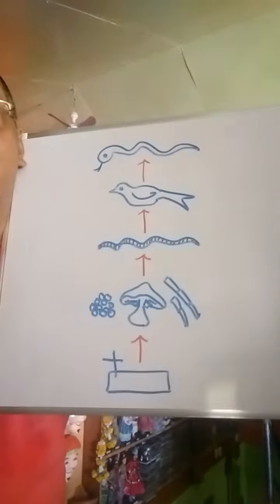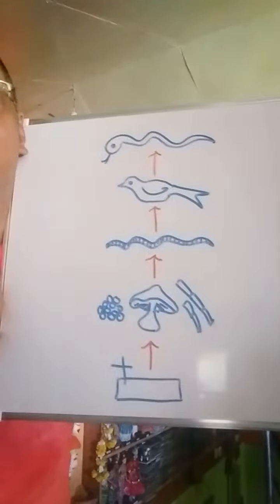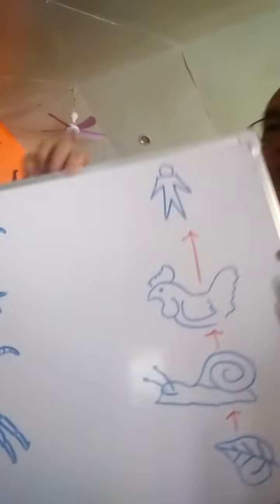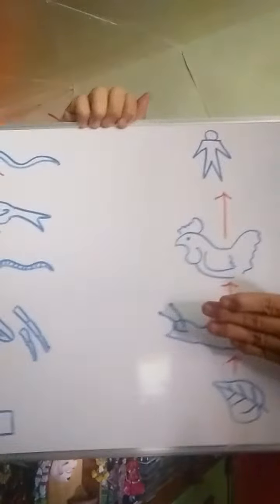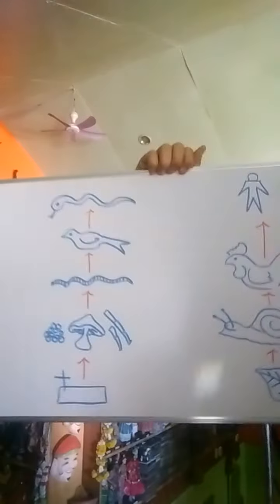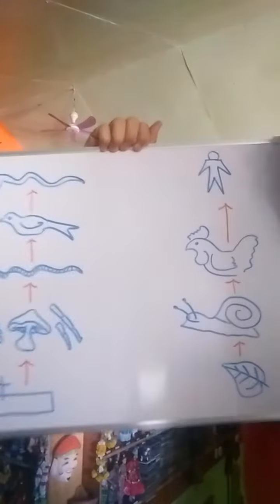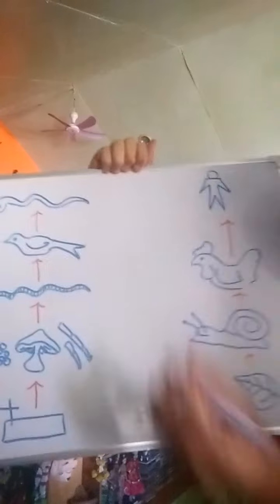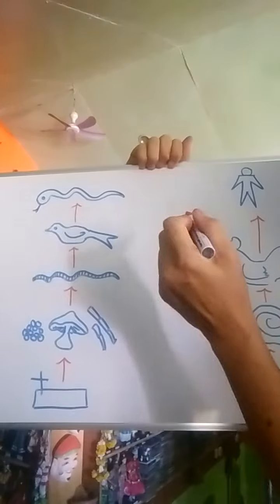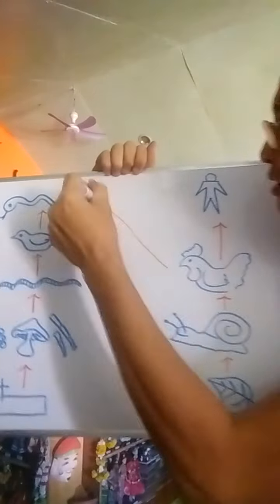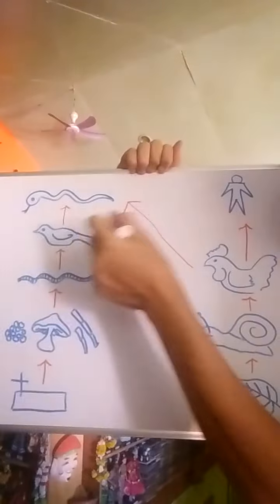So take note of the difference between a detrital food chain and a grazing food chain. Now take note that this food chain could be linked to this food chain, because if you place an arrow from chicken to man, or shall we say from chicken to snake rather, or from bird to man,